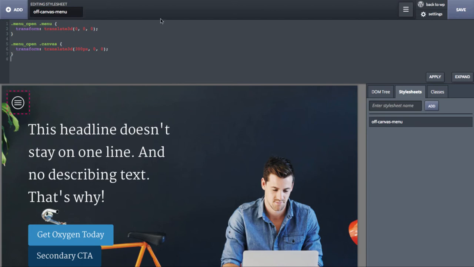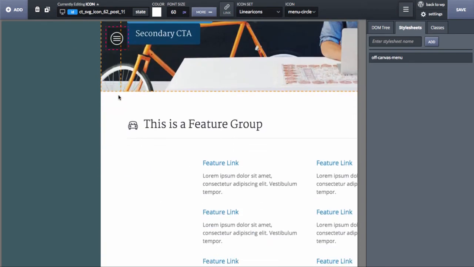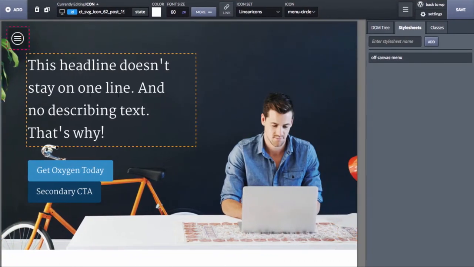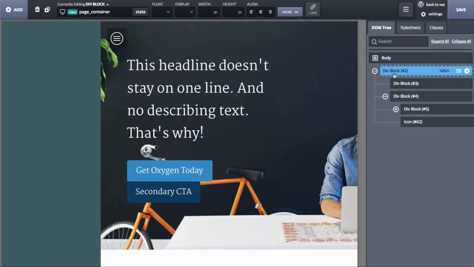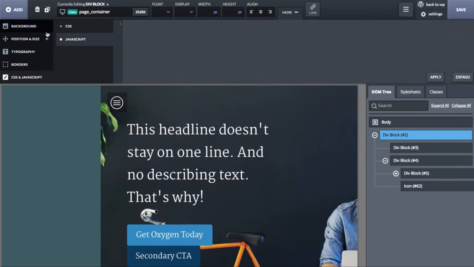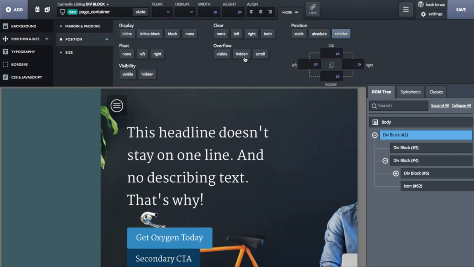And that's it. It really is that simple. Apply this, click the menu icon, and the menu comes into view and the canvas moves over to the right. One thing we need to tweak is we don't want the user to be able to scroll to the right here. So what we're going to do is go to the canvas and go to position and size. We'll go to the page container. Go to position, size, position, set overscroll to hidden so that you can't scroll to the right once this